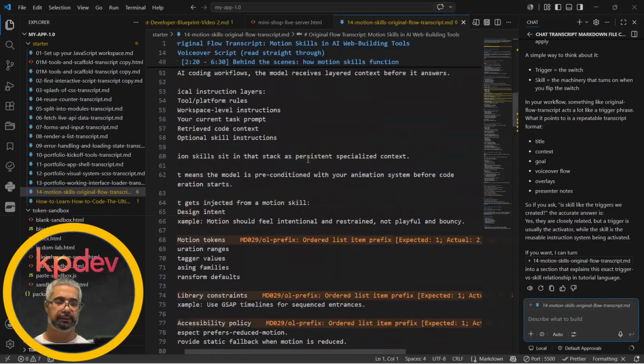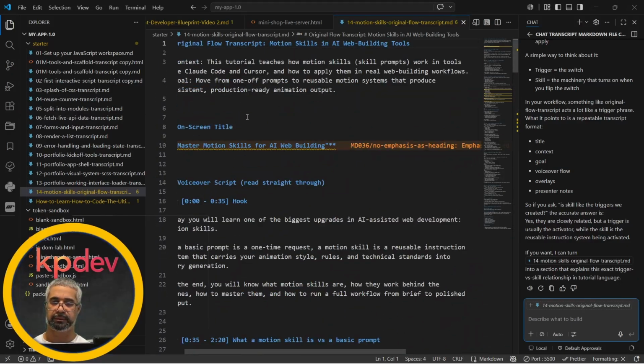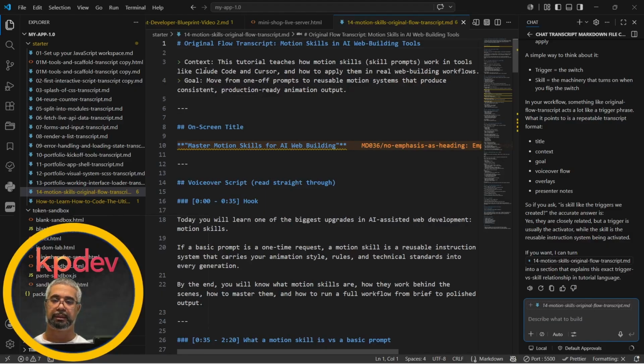Now I'm wondering, is this a skill on its own? There's a tutorial. It teaches how motion skill prompts work in tools like Claude Code and Cursor, and how to apply them in real web building workflows. Now I'm not gonna use Claude or Cursor right now. I'm gonna keep using my VS Code, which is what I prefer using. It's hot in here. All right. So now,